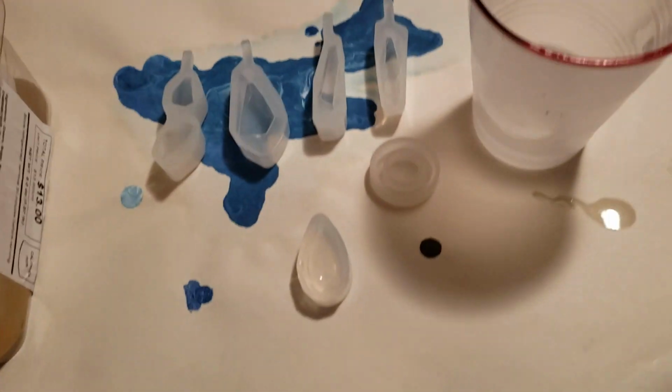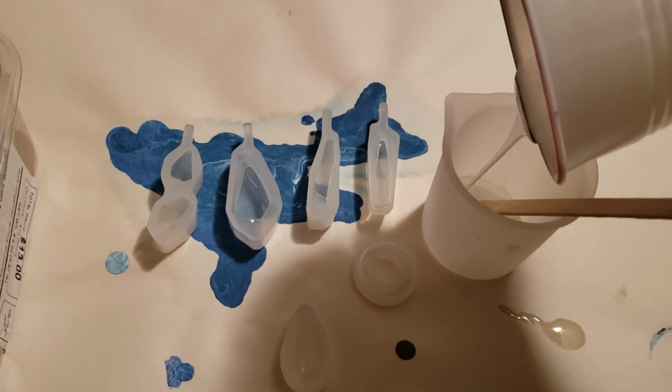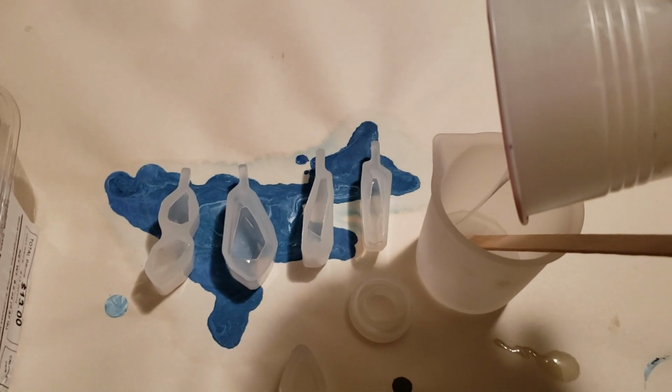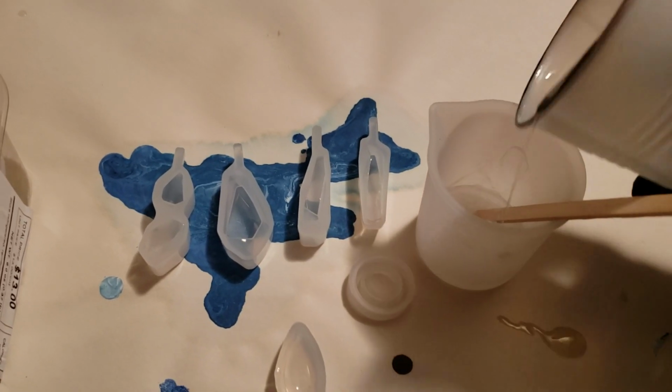All right, so I'm going to pour this resin and trying to hold the phone. I'm going to pour this resin, which I've stirred and mixed up, into this little stir cup, which also comes with the Amazon silicone mold kit is what it was called. So I ordered all of this stuff off of Amazon, and it all came within a couple days. It was pretty quick. So the alcohol inks, the resin, the silicone kit,